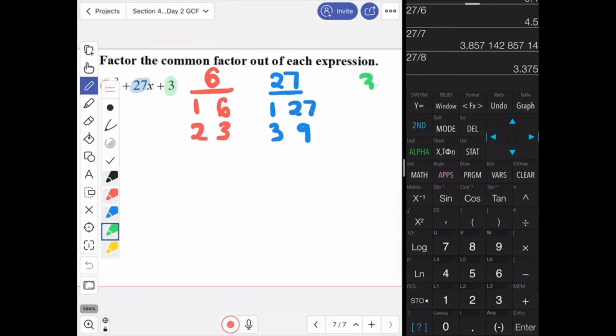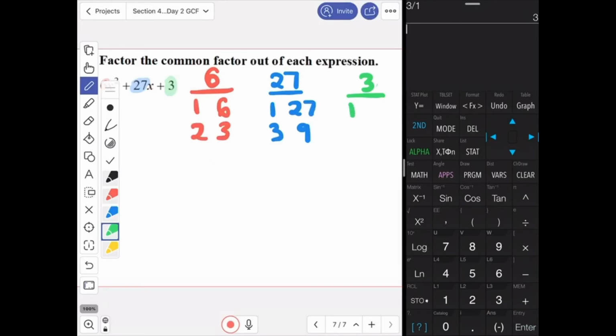So if I list my factors of 3, I can start with 3 divided by 1 gives us 3. So I have 1 and 3. 3 divided by 2 gives me a decimal, so it's not included. And then my next possibility would be 3, which is already included, so I have all my factors listed. Now, if we want to identify the common factors,